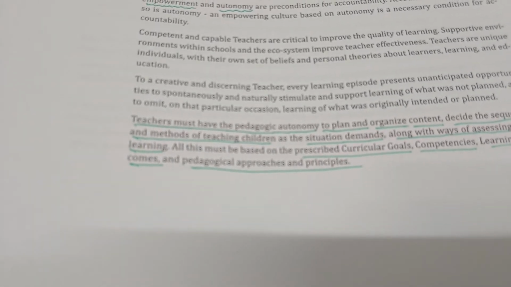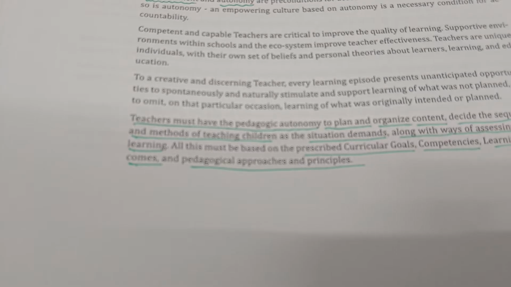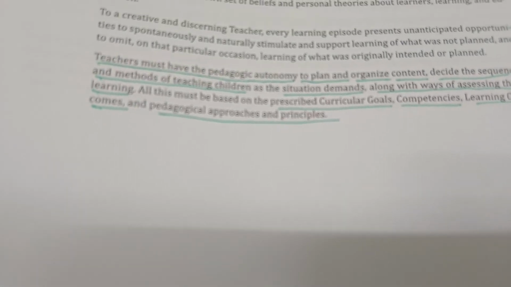So teachers must have the pedagogic autonomy to plan and organize content, decide the sequences and methods of teaching children as the situation demands, along with the ways of assessing their learning. All this must be based on the prescribed curricular goals, competencies, LOs, that is learning outcomes,